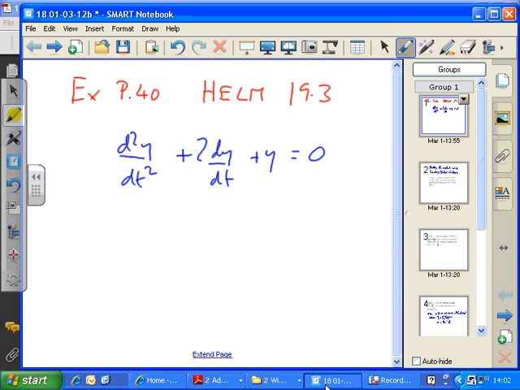That's the one, okay? First step, write down the auxiliary equation, which would be,